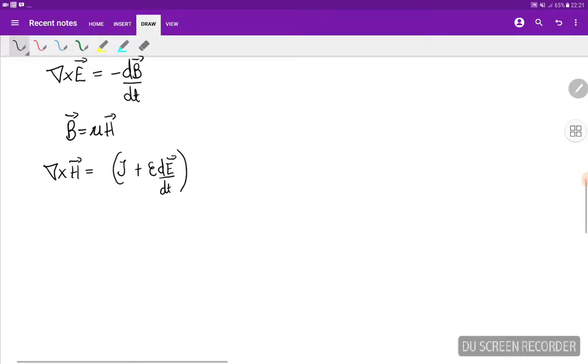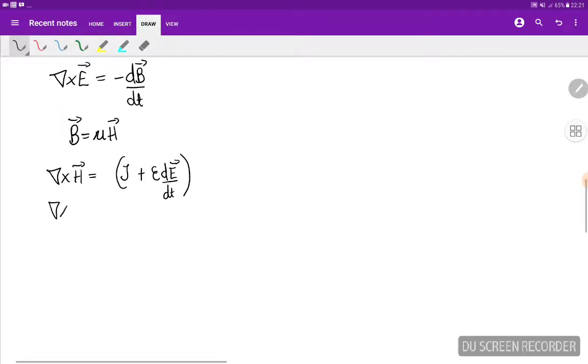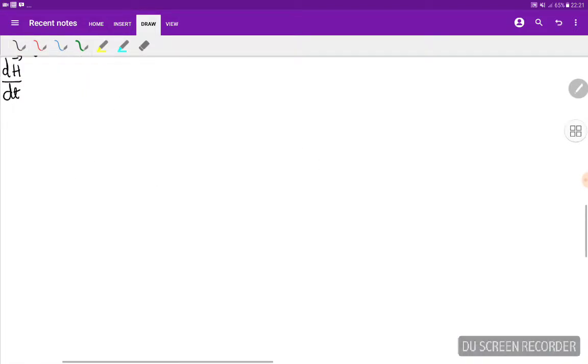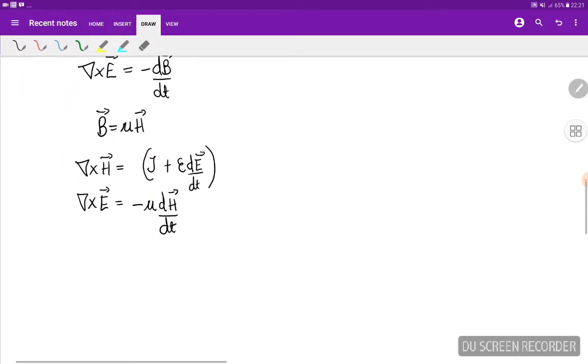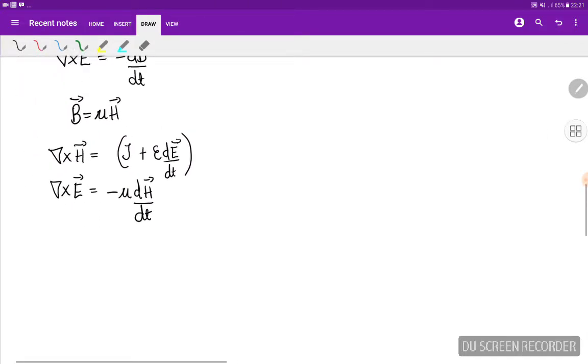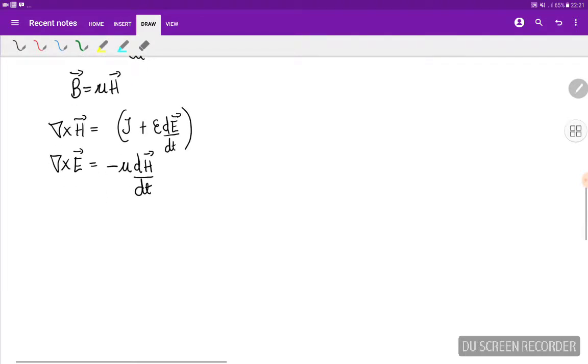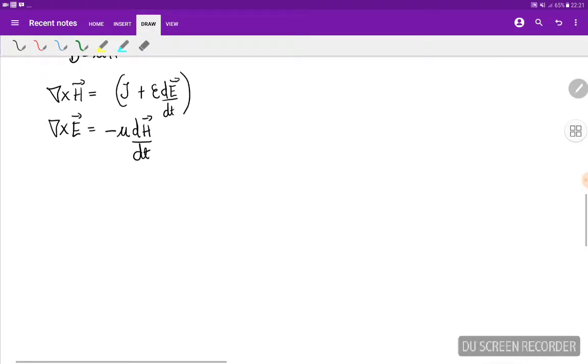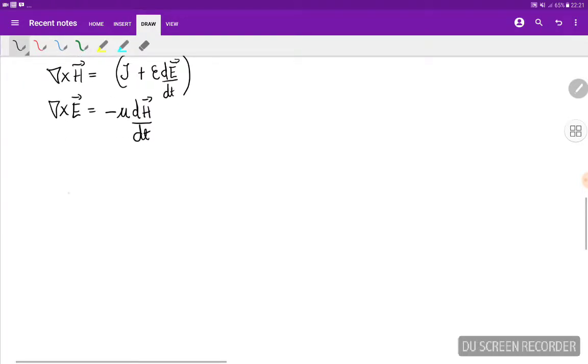Now I replace E there. So this is going to be curl E equal to minus mu dH/dt. Now mu is more or less a constant. It will be very suitable to convert this to the frequency domain, because this is in the time domain. Once converted to the frequency domain, you can use Laplace, or Fourier, whatever you have. But using Laplace, the Laplace of a derivative will give you, since we're converting from time to frequency,